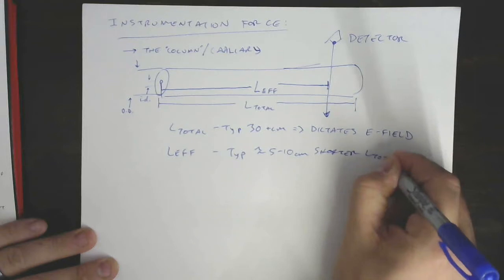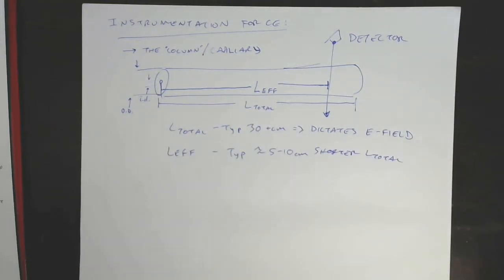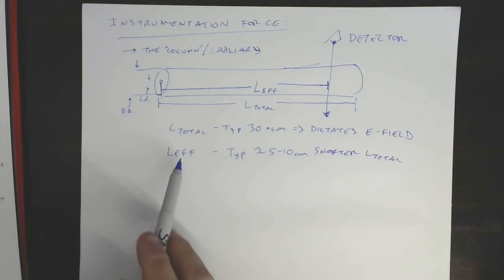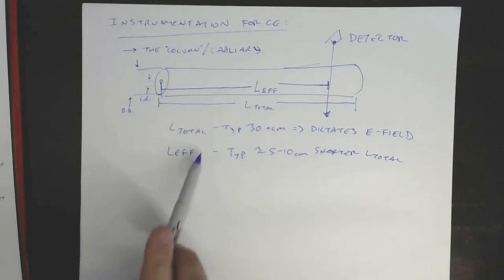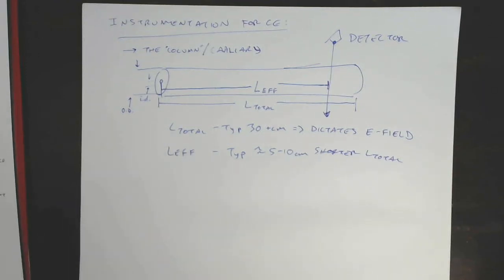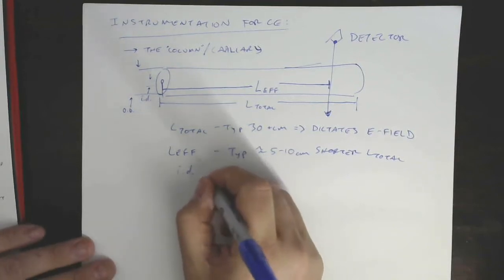And we've seen what this means. This is the actual distance over which the separation happens. So it is very common to see lengths in the literature reported as the effective capillary length. This is what they're talking about. Okay, inner diameters. These are typically